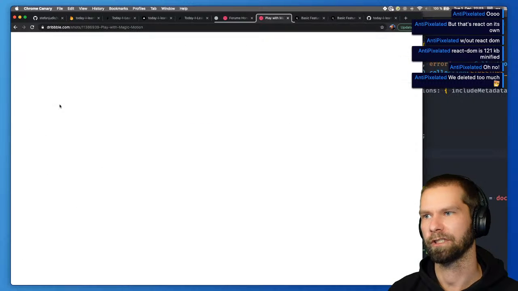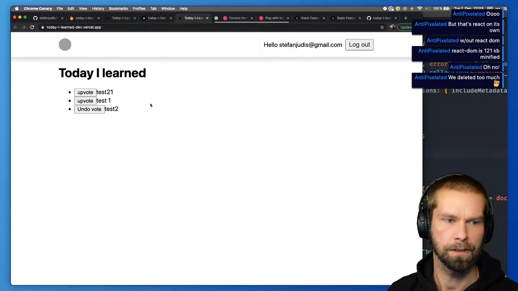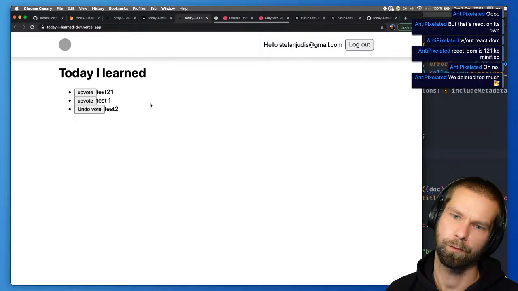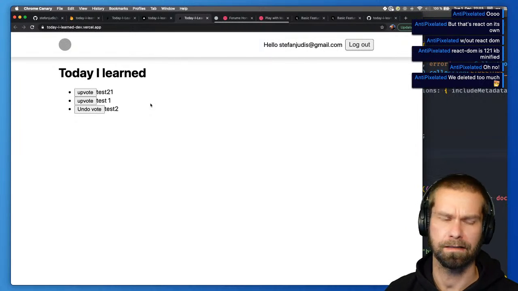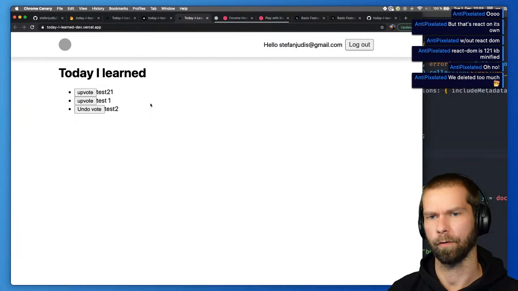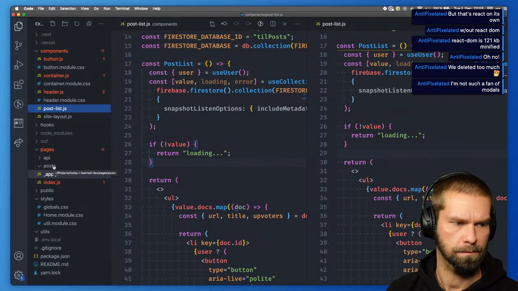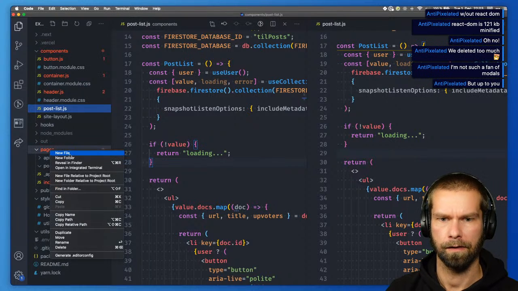What do you think? Where should we have the form? Should we have a modal overlay, or should we have its own page to submit things? What do you think? I would be cool with a modal as long as it has its own URL. I could also live with a submit page or something. I think I'm gonna go with the submit page. So, and with Next.js, fair enough. Then let's just call it